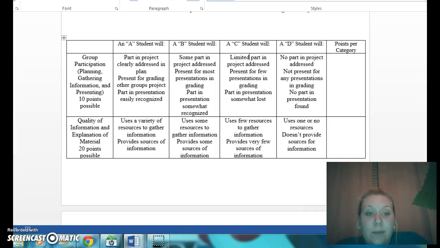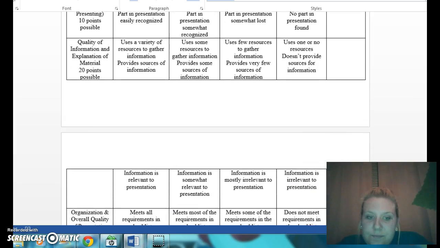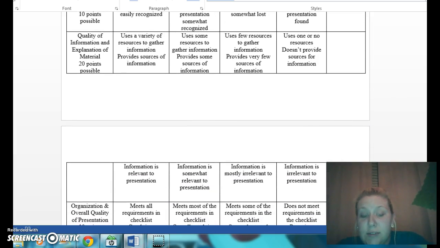For the quality of information, an A student will use a variety of resources to gather information, provide sources of information, and have information that is relevant to the presentation. B students use some of the resources and provide some sources of information, and their information is somewhat relevant. C students have very few sources of information, and most of their information is irrelevant to the presentation. And D students